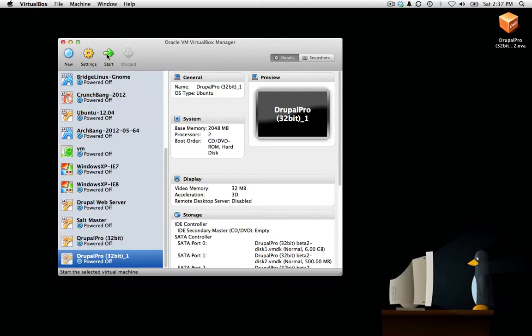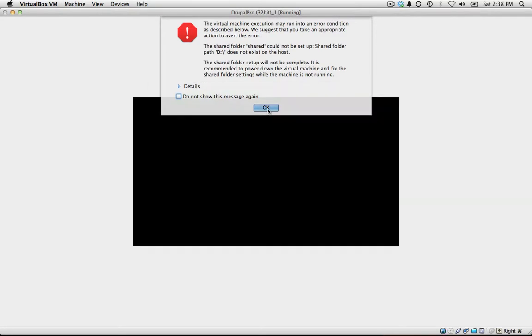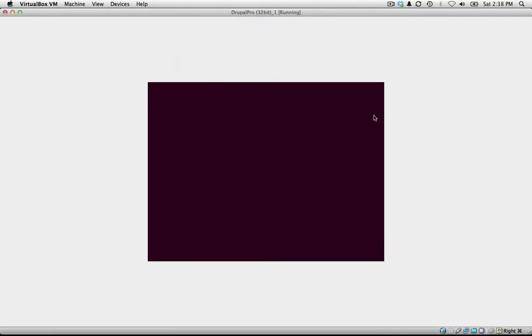It's highlighted. We're going to click on the green arrow to go start, and it's going to bring up the virtual machine. There's the warning to say shared folders isn't set up correctly. Just click on OK, and it'll go away. And again, we will fix that in the future. It might be a second screencast. So the machine's coming up,